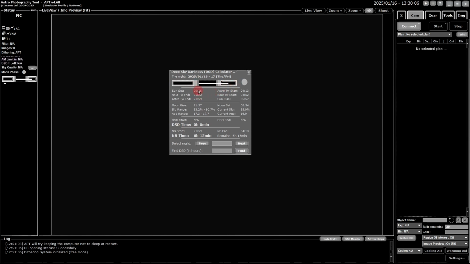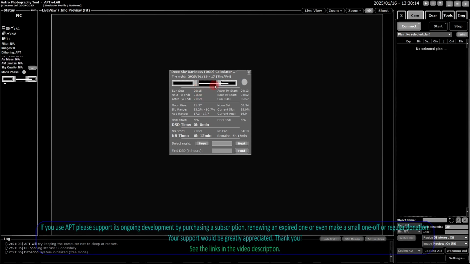Then you have a couple of shaded boxes here, and that's your nautical twilight and astro twilight on both ends of your night. And of course the black box in the middle is your actual night. Across the center here we have a white line, and that's the representation of the moon being above the horizon. So as you can see tonight, the moon's going to rise right at the end of astro twilight and set in the middle of the morning tomorrow. So that's just a visual representation, the same as you get over here.